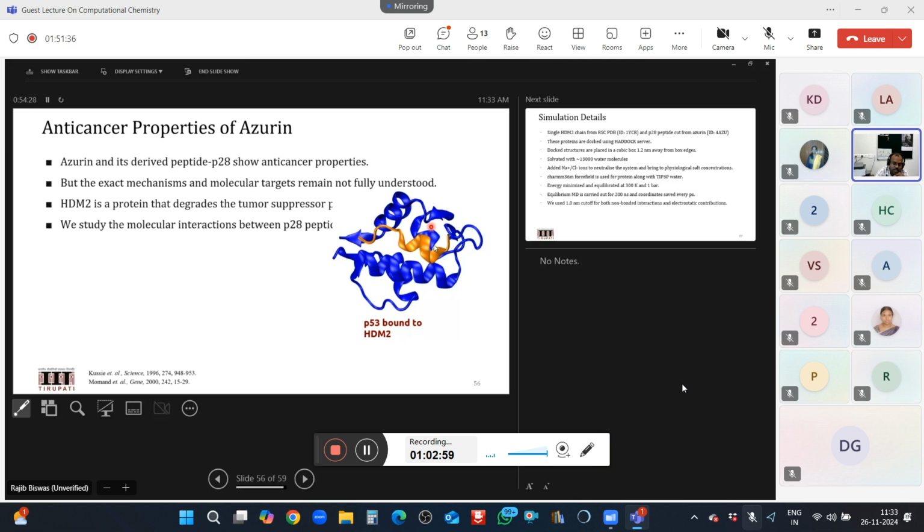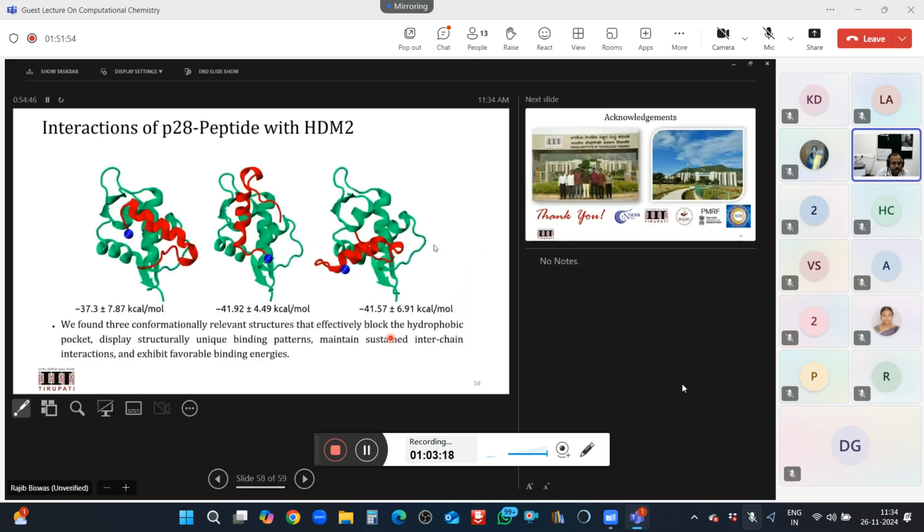So we found that in addition to that, this p28 also can sit and make a dimer, or make an interaction cluster with this HDM2, that can reduce its tendency to form the cluster or the complex with p53. That actually helps us to give a non-HDM2 mediated anti-cancer property of these small amino acid segments, which is